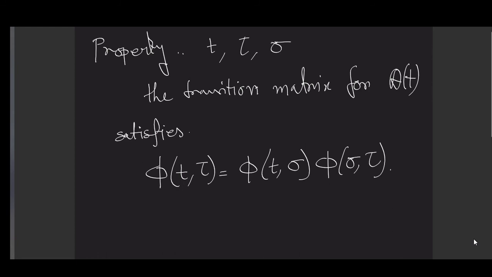So let us select arbitrary fixed values for tau and sigma. What we can write is that